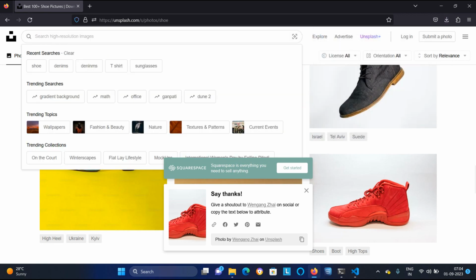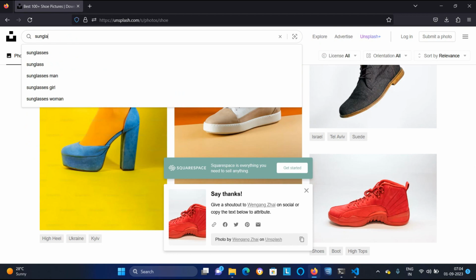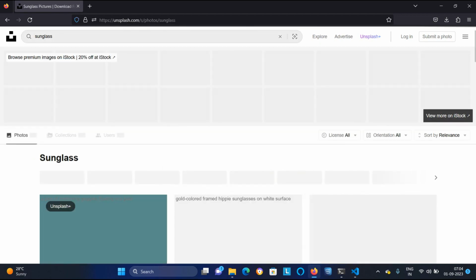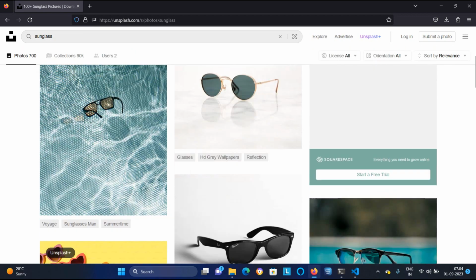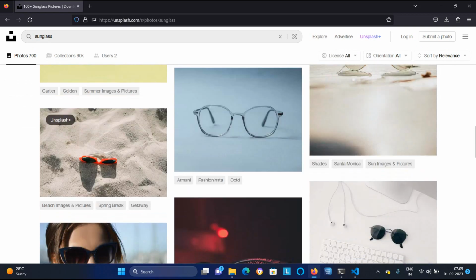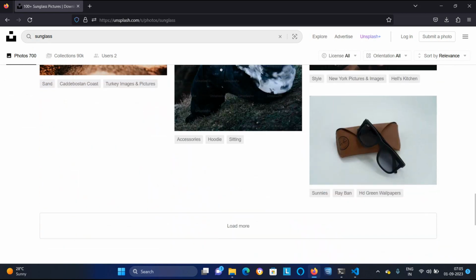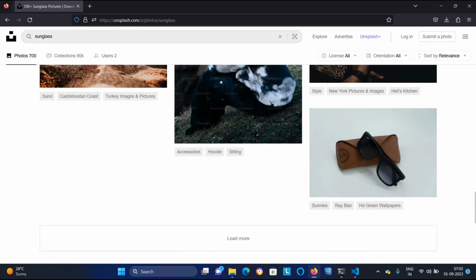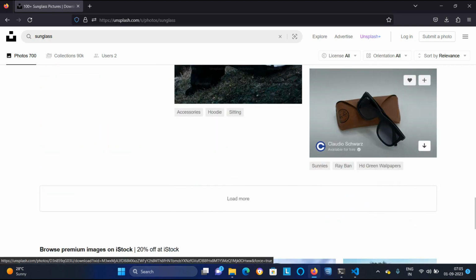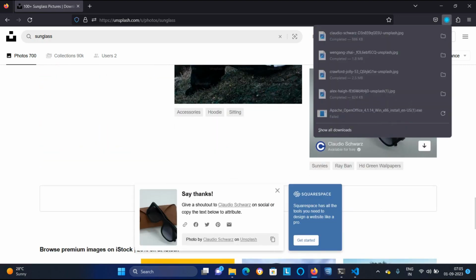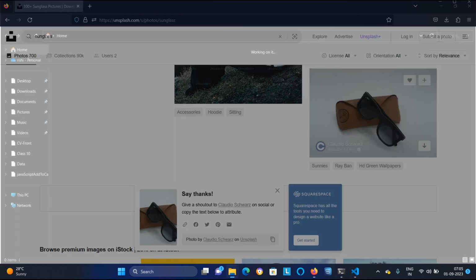Then you can say sunglass, Ray-Ban. Download this one. Okay, in this way you can download the images from that Unsplash.